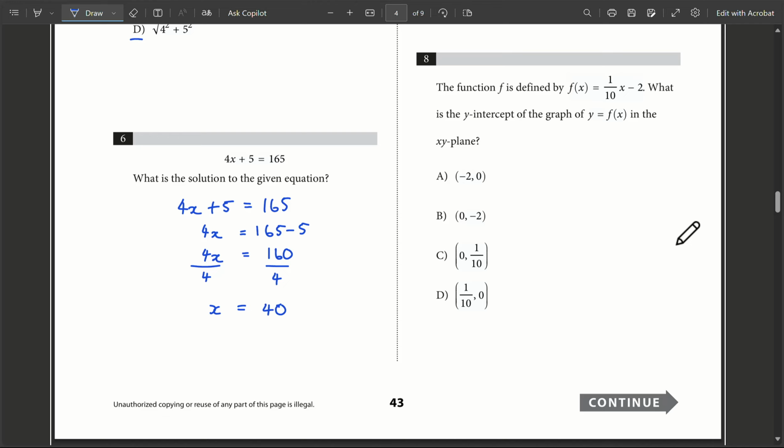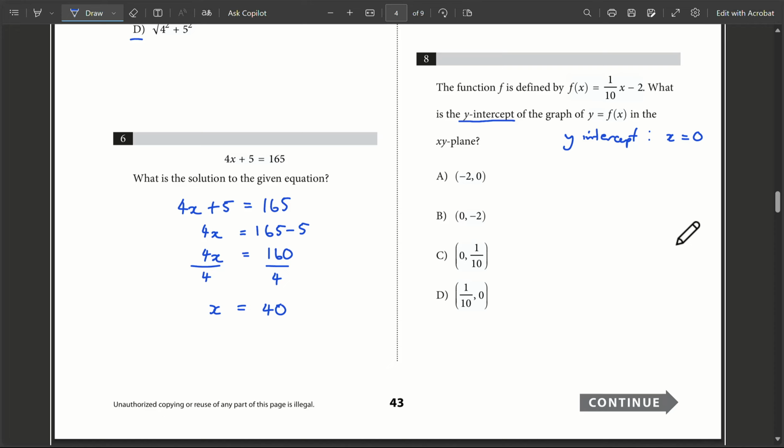And then number 8, the function f is defined by f of x is equal to 1 over 10 x minus 2. What is the y-intercept of the graph of y is equal to f of x in the xy plane? So we're told y-intercept. So whenever we are told that y-intercept,